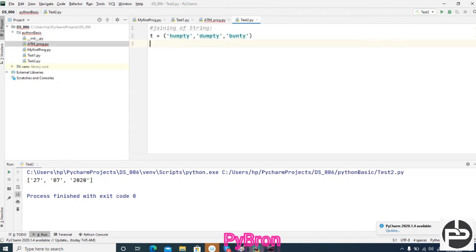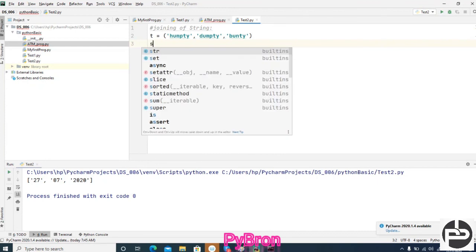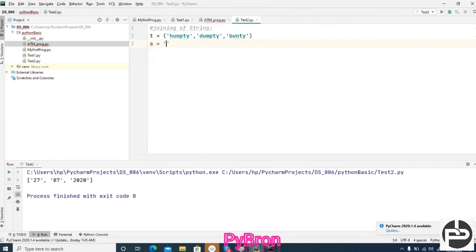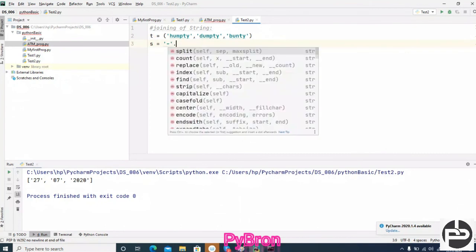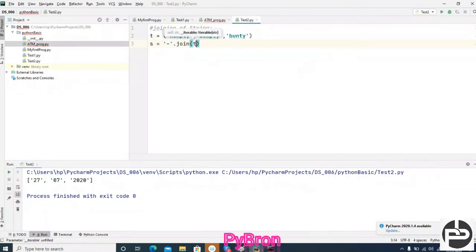We can join it: s = ' '.join(t), passing the tuple t to the join method. Then print s. If I execute this code, can you see Humpty Dumpty Bunty? And if you want to join with a space, that is also possible. So joining of strings can be done, correct.